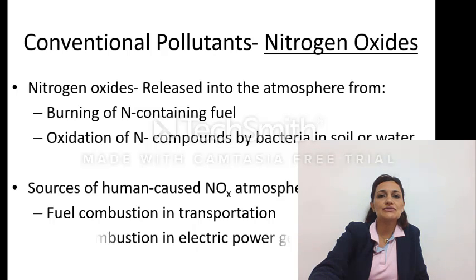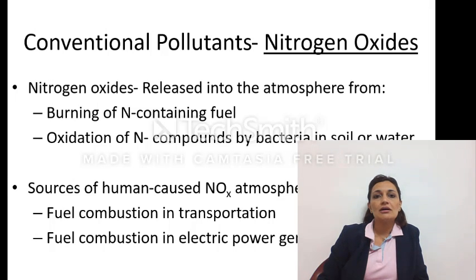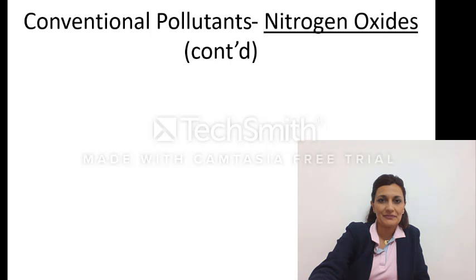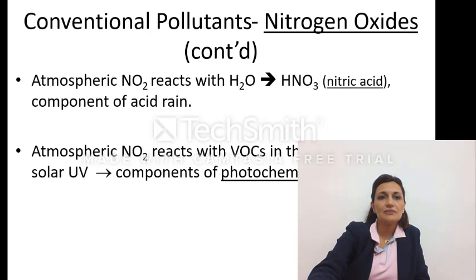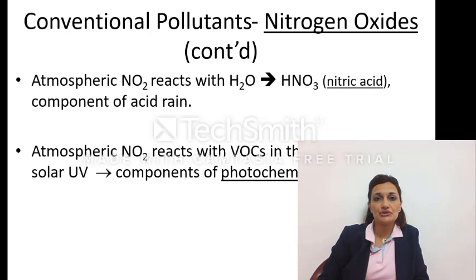And other sources of human-caused NOx in the atmosphere include combustion of fuel from transportation, from the vehicles, and electric power generation, so from power plants generating electricity. These are major sources of NOx in the atmosphere. Continued. If now NO2 reacts with H2O, they will form nitric acid. Similarly, it is a component of acid rain. If it rains, then we will have